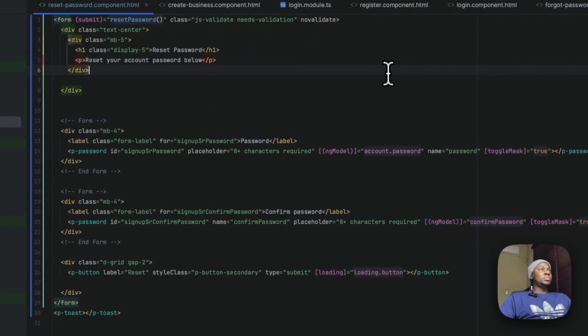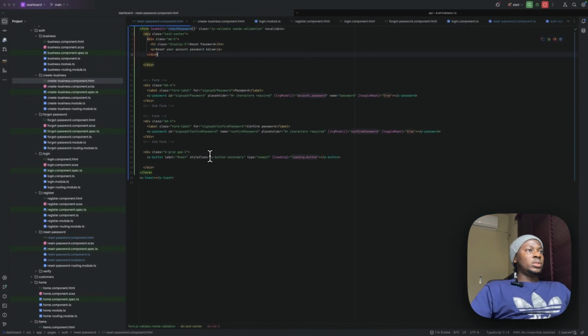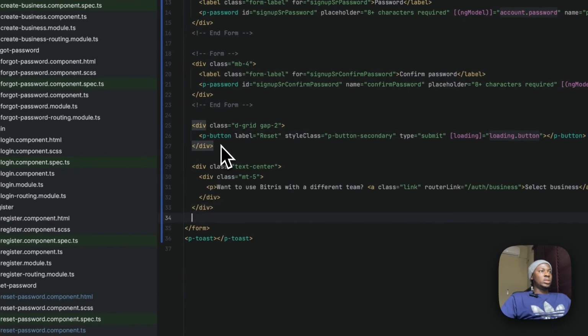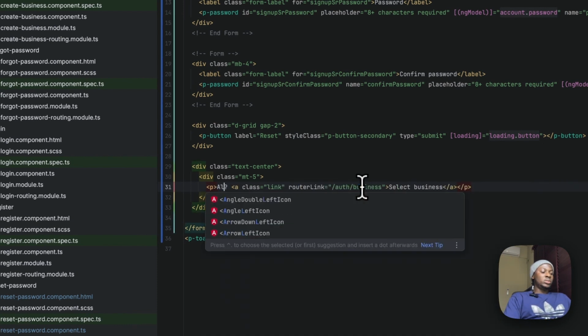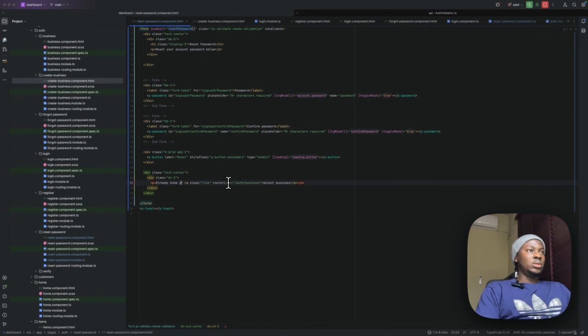Is there a double L in below? I don't know. Okay, so let's add that. Then let's have this. Already know your password? Then we say,